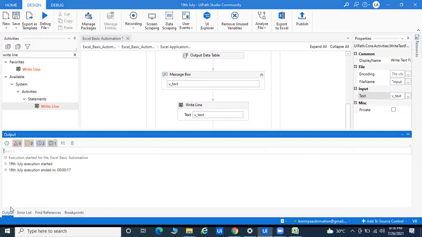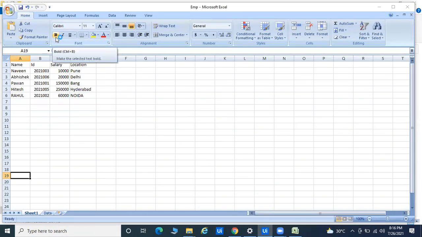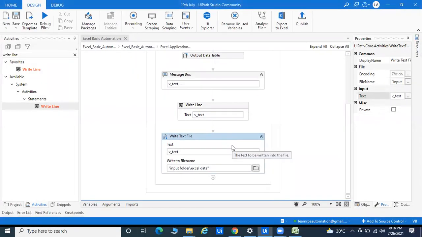So right now this is the response time. If you go for any interview, they will ask you what is the bot response time, then you can say like that, my bot time is 17 seconds. Okay, so right now again I'm going to automate this process and we'll get the results. Here I've already done save and run the file. We are getting the proper output in the message box, and again we are getting the things there.